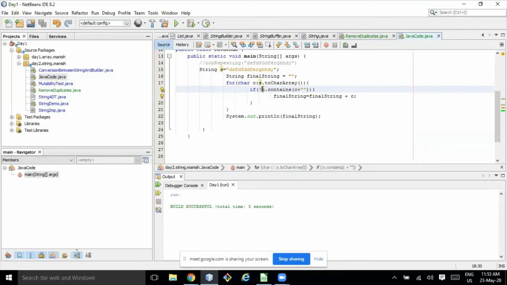Maybe excluding that particular character, but that is not a good way. Suppose in the string A, B, C, D, E, F, I check whether A is contained in this one or not. It's kind of using two for loops also, so this is not a good way.